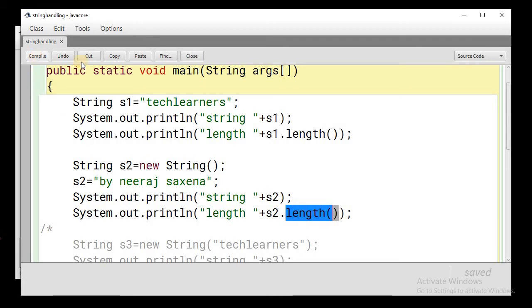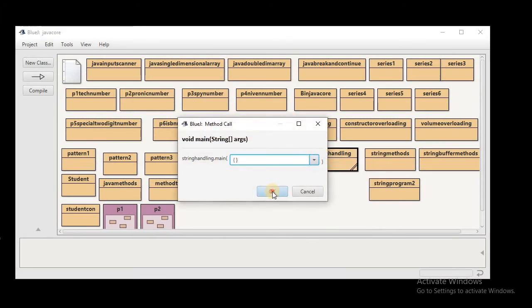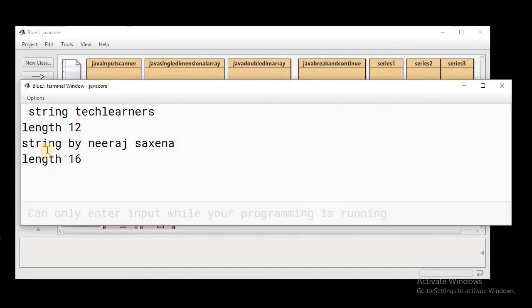Let me compile and show you this second way of declaring a string. You can see this is the second way string. The value of that was Neil Saxena. The length is 16. Remember, it includes all characters, even spaces, special characters, numbers, alphabets, everything. So the length of this string is 16.